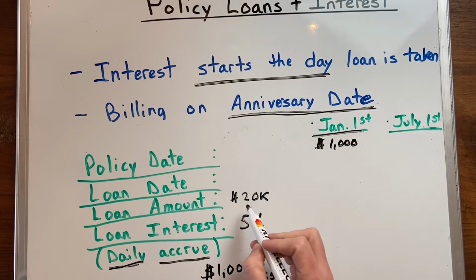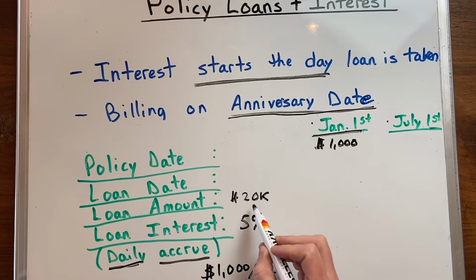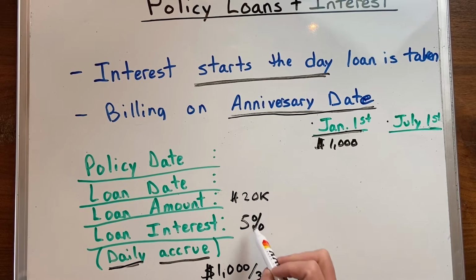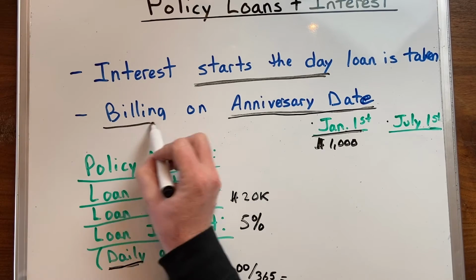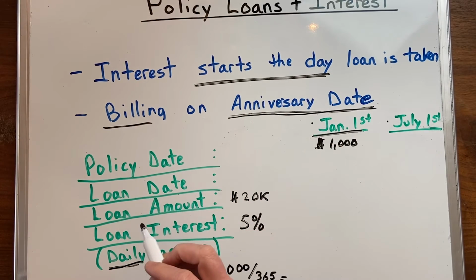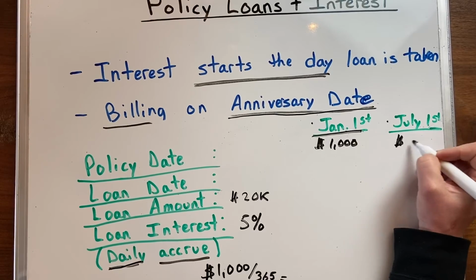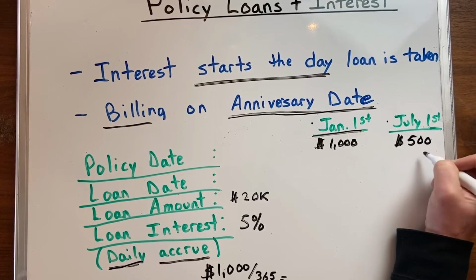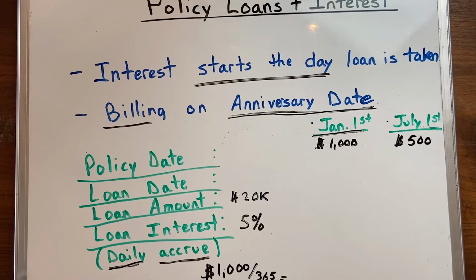We take the same $20,000 loan out, same 5%, but now when we get our bill, remember the bill happens on our anniversary date, which was January 1st, we're only going to have 6 months of accrual. So instead of the $1,000, we're going to have half of that. So $500 is actually going to be the interest that would have accrued